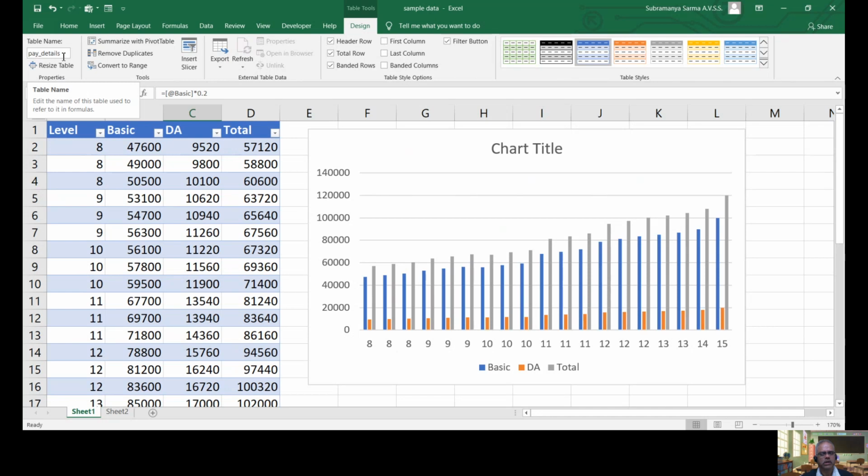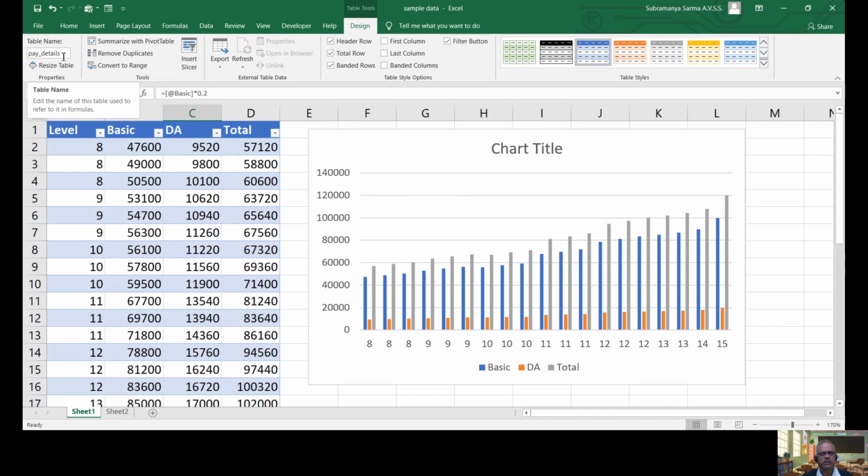And resize table: automatically, whenever you add columns or rows, the table will be expanded. Similarly, if you want to shrink, it is possible to shrink the table, right? One of the biggest advantages with tables is that it will remove duplicates. It is a good feature. Once you select the data and give the criteria, duplicates will be identified and removed instantly.